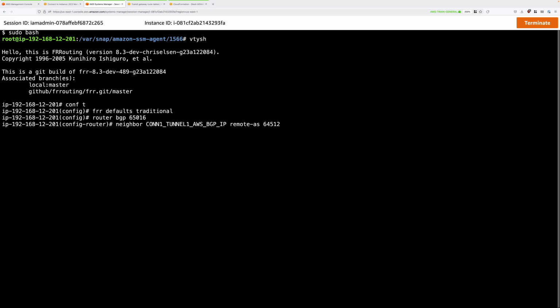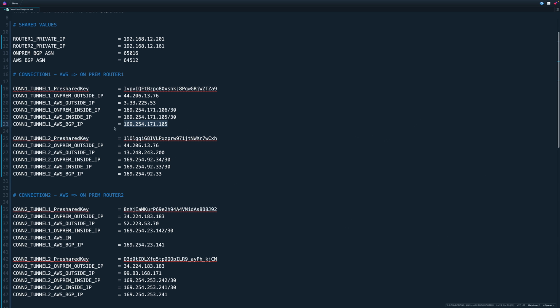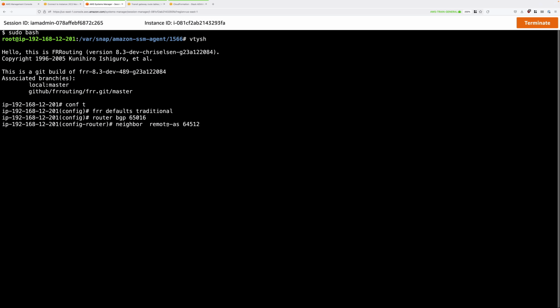So we need to configure the BGP IP address for Connection 1, Tunnel 1. Now this IP address is one of those that's inside the template document that you populated in an earlier stage of this demo lesson. So you need to copy the Connection 1, Tunnel 1 AWS BGP IP. So copy that into your clipboard and paste that in. And once you've done that, press enter.